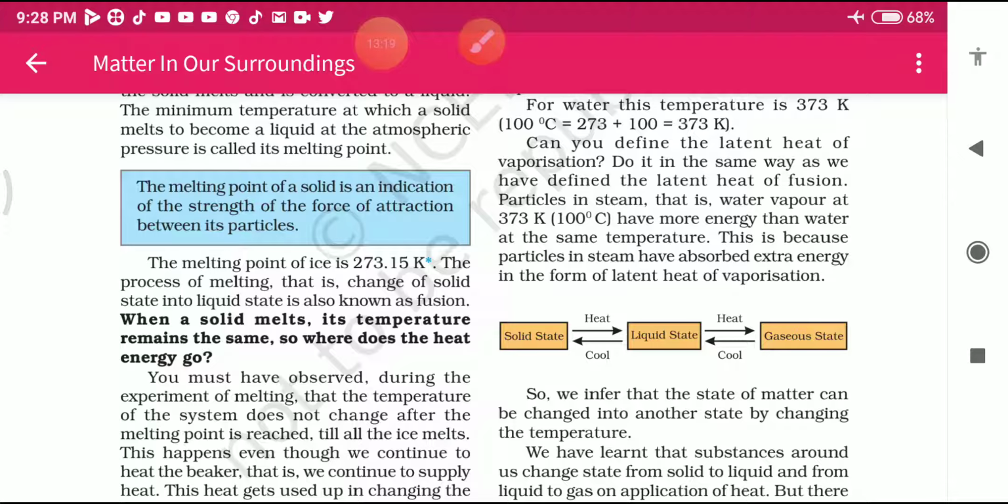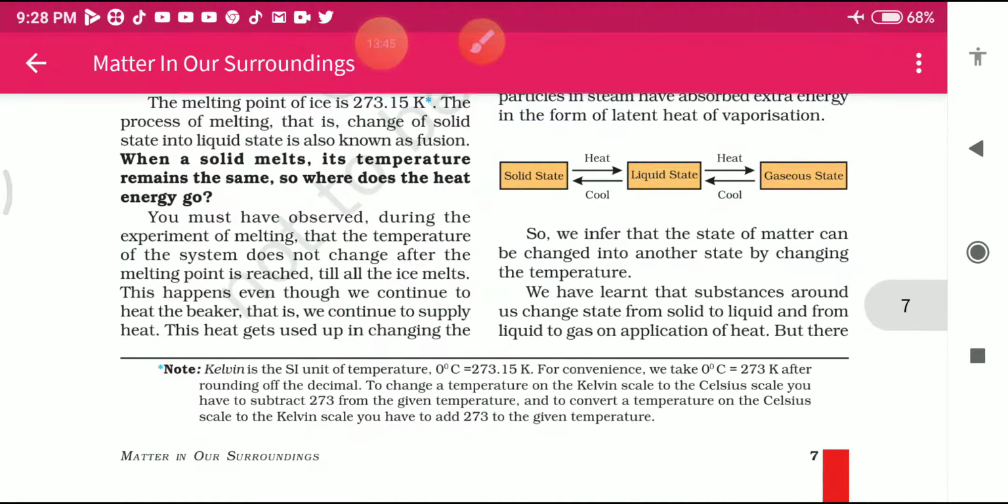students, the boiling point of the water is 100 degrees Celsius, but the water vapor has more heat energy as compared to the boiling point of water. So this is because particles in steam have absorbed extra energy in the form of latent heat of vaporization. So here